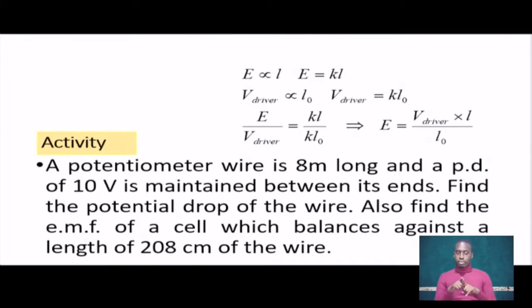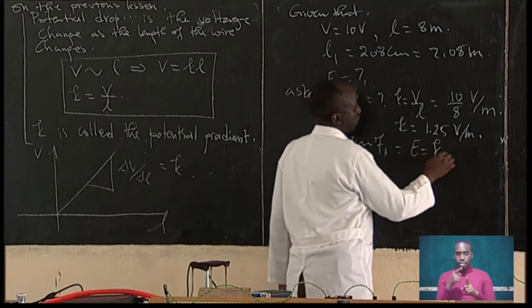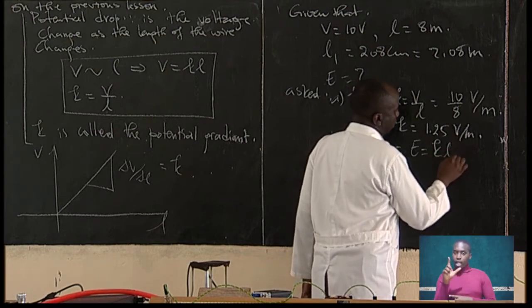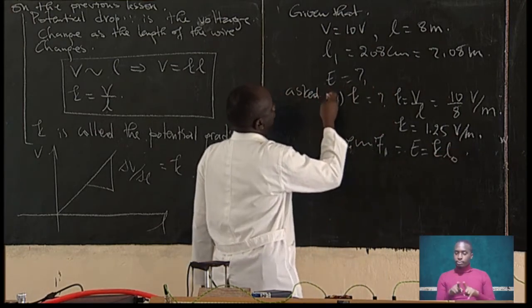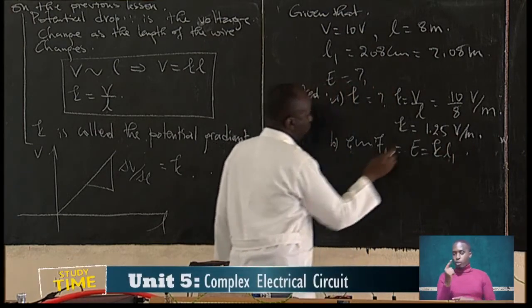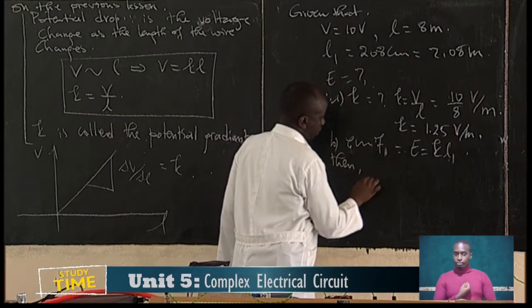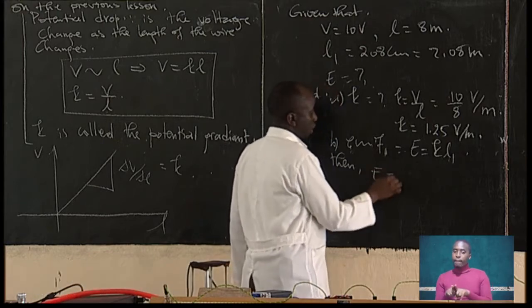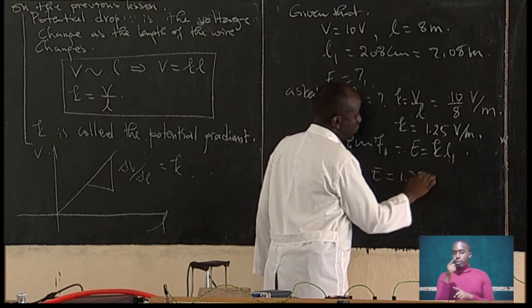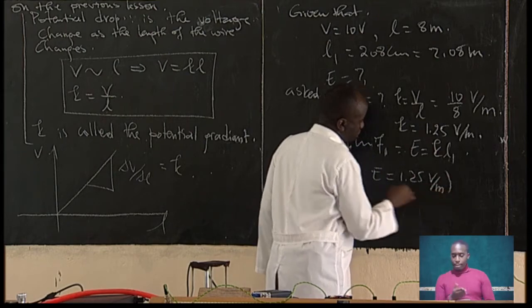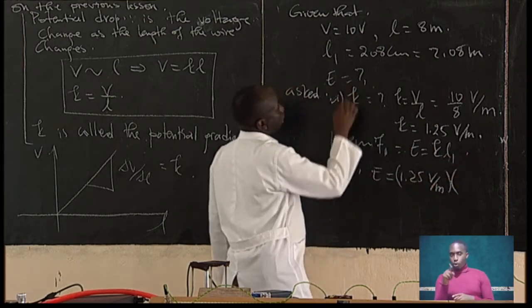So here we have that K times L, that is L1. So then here we calculate E, which is going to be equal to 1.25 V per meter times L equals